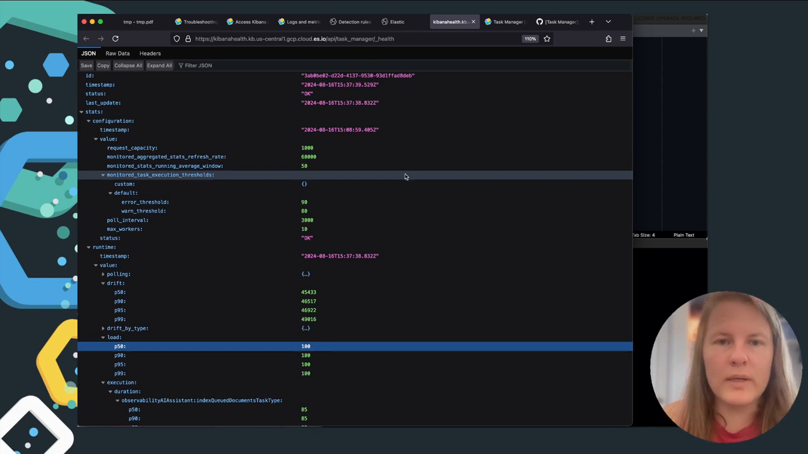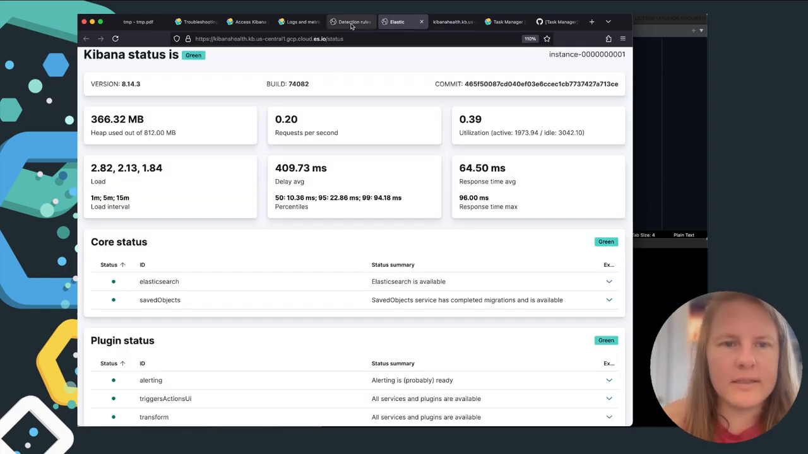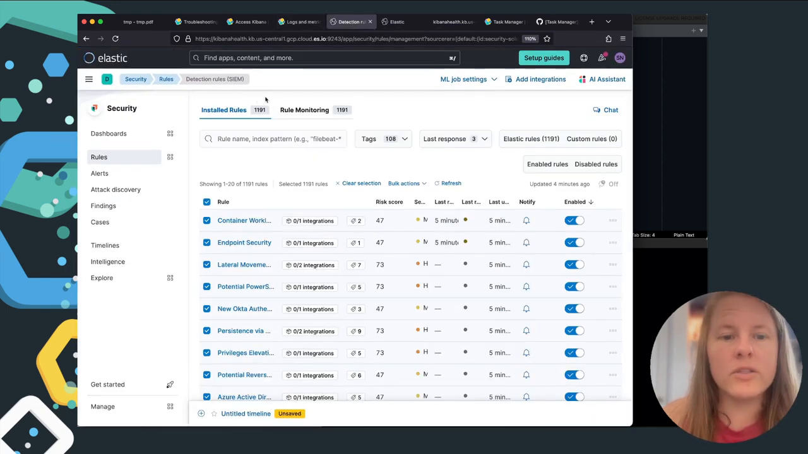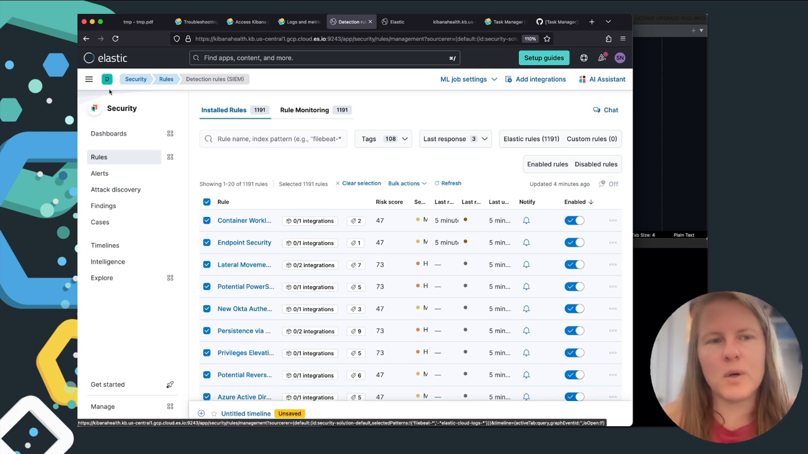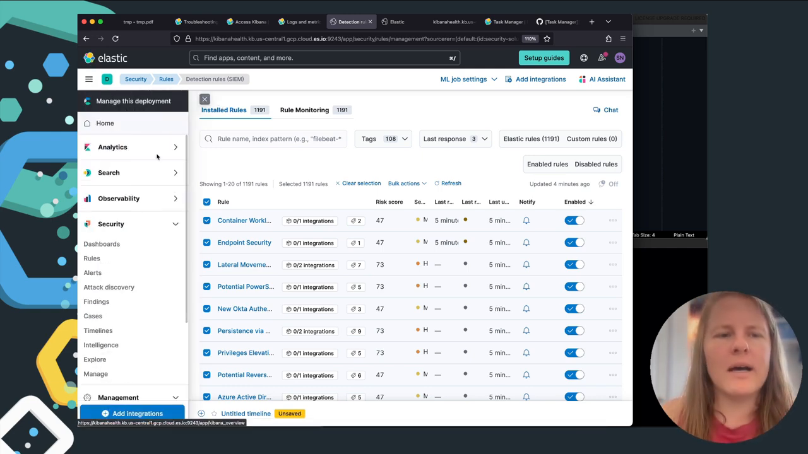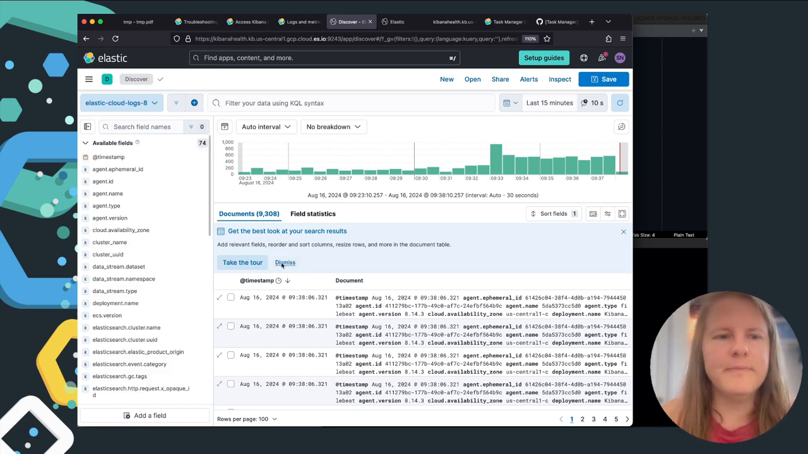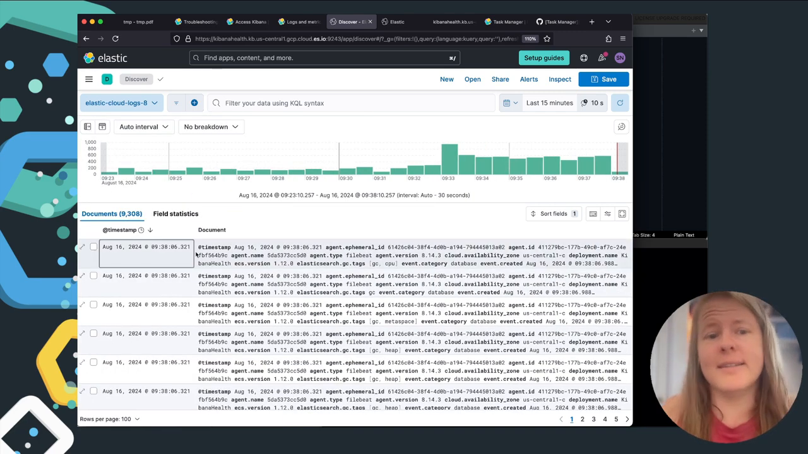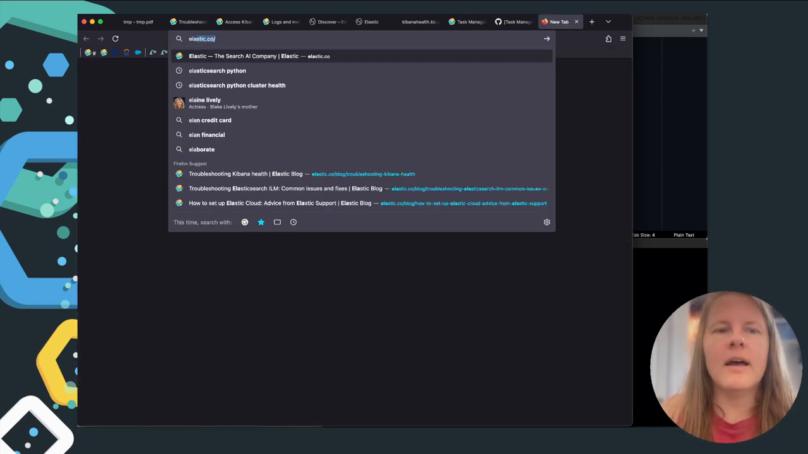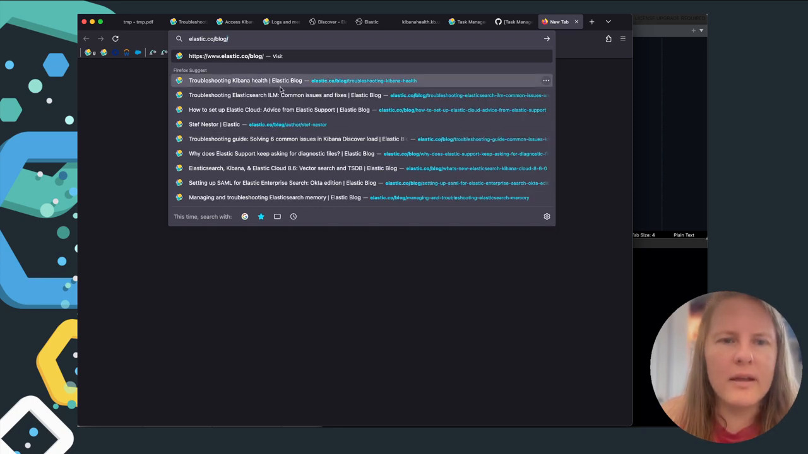So at this point, usually somebody would contact support and they'd be like, hey, my Discover UI is taking a long time to load. What I just showed, it did not take a long time to load, right? And usually at that point,